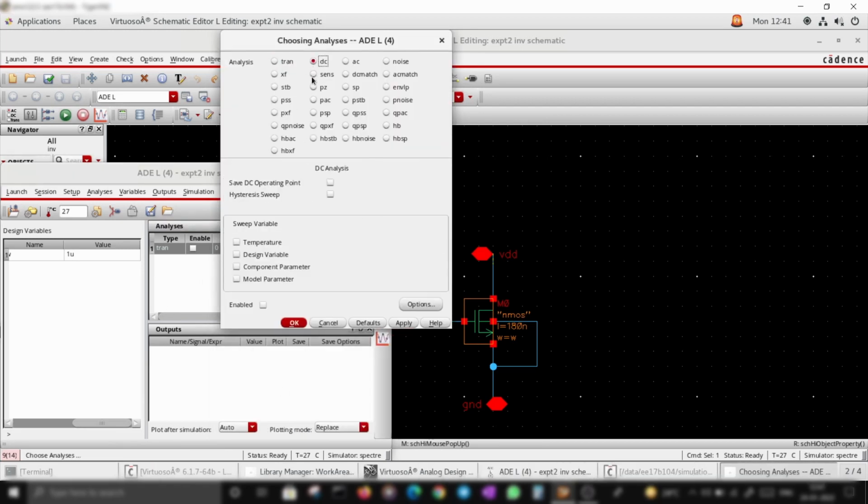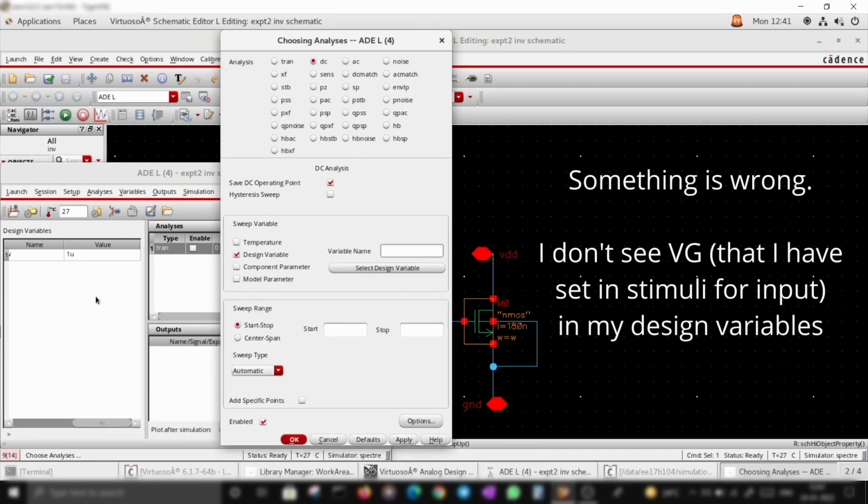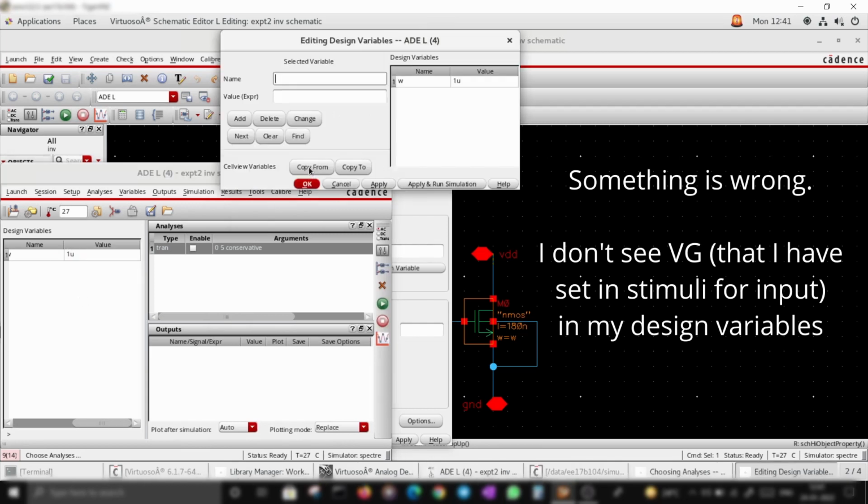And I'm going to do a DC simulation. I'm going to say operating point. Now I'm going to sweep a design variable, okay, and copy from design.